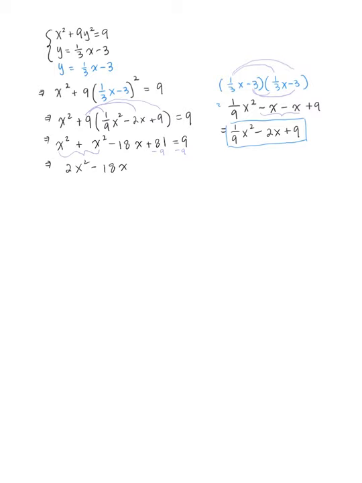And I'm going to set the right-hand side to be 0. 81 minus 9 is 72. So I'm going to have plus 72 equals 0. All right, now let's try to factor. I do have a greatest common factor of 2, so I'm going to get that one out. It will be simpler for me to factor if it's factorable. So you're going to have x squared minus 9x and then plus 36